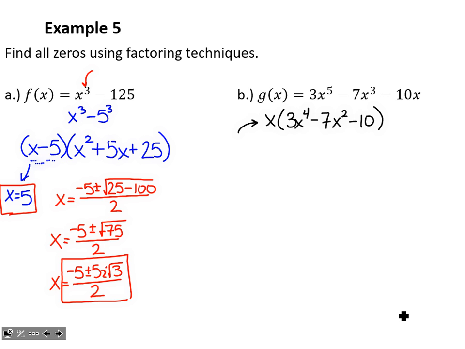And then this part, man, that looks like a quadratic. It's just all the powers have been scaled up by 2. Instead of a second power leading off, I've got 2 times that. Instead of an x to the first in the middle, I've got 2 times that. So I can still do some of the magic numbers factoring techniques if need be. And let's go ahead and try that. 3 times negative 10 is negative 30. Magic numbers would be a negative 10 and a positive 3.